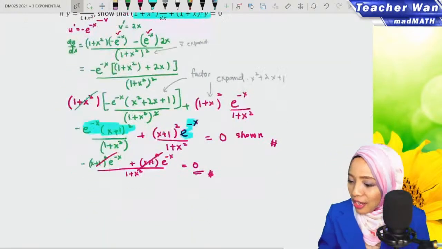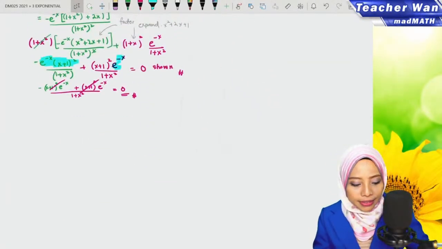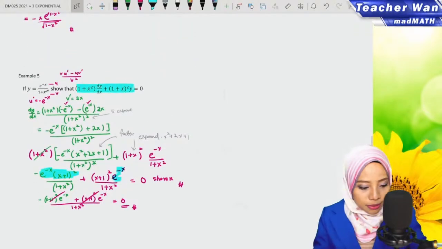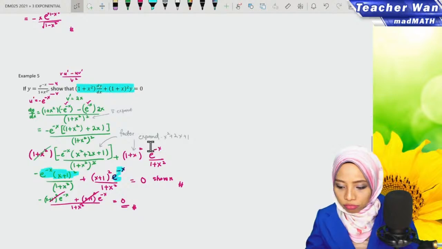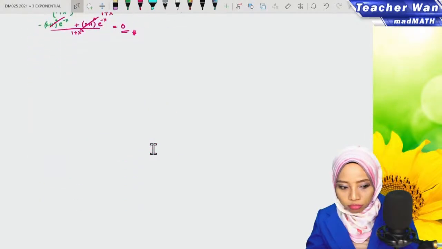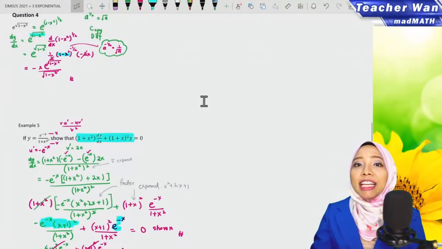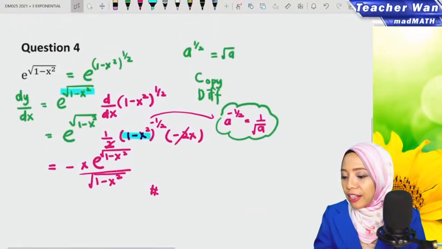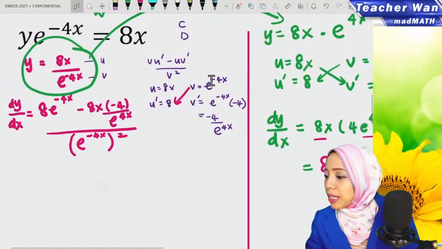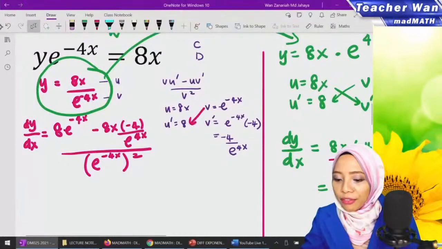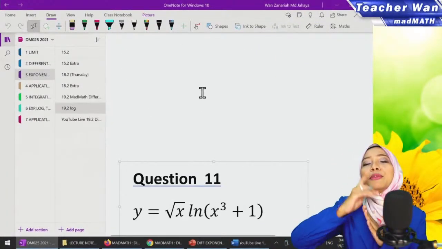Okay. So now we continue. Next example. No more examples? Yes, we do. Okay, example 5. If just now we have discussed exponential function, now madam wants to discuss the ln function. Okay, we take a break for 1 minute.